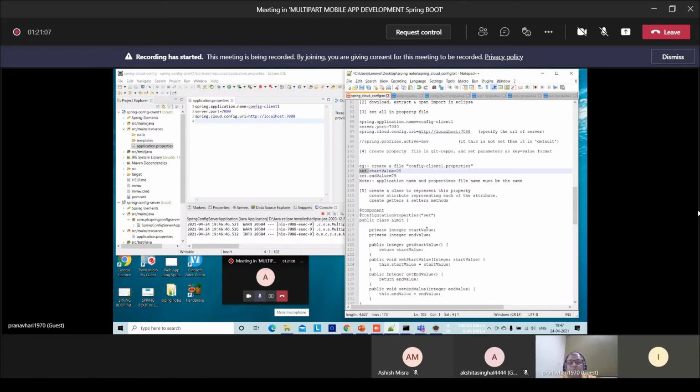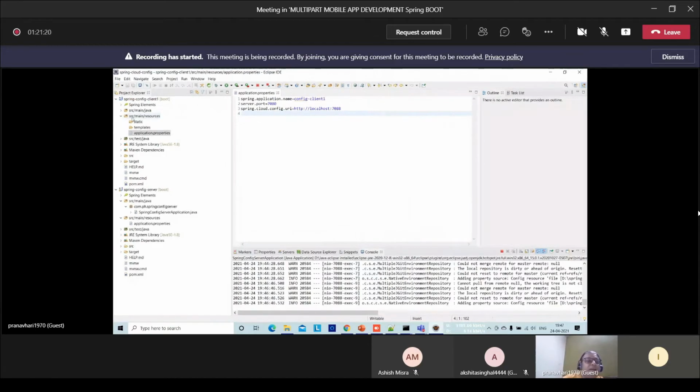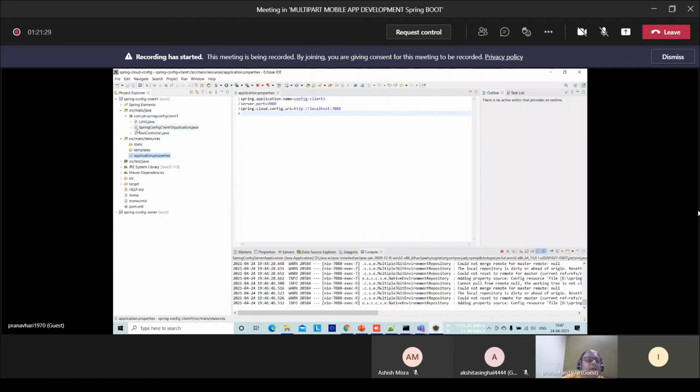This we can come to know only after the next step. After this much work is done, now in this client application, there has to be a class representing the property file as an object. So that is the kind of bean class.